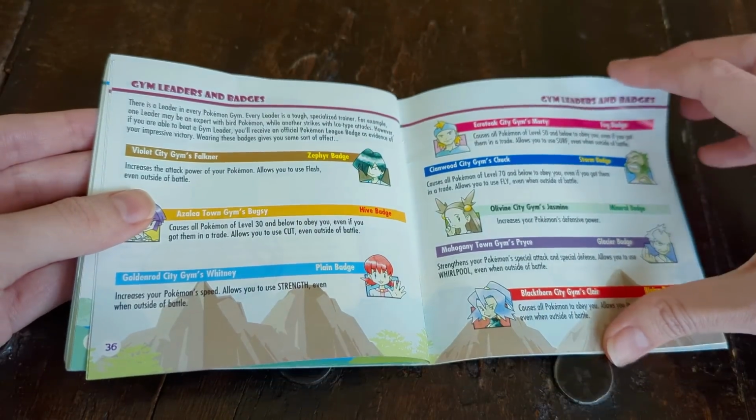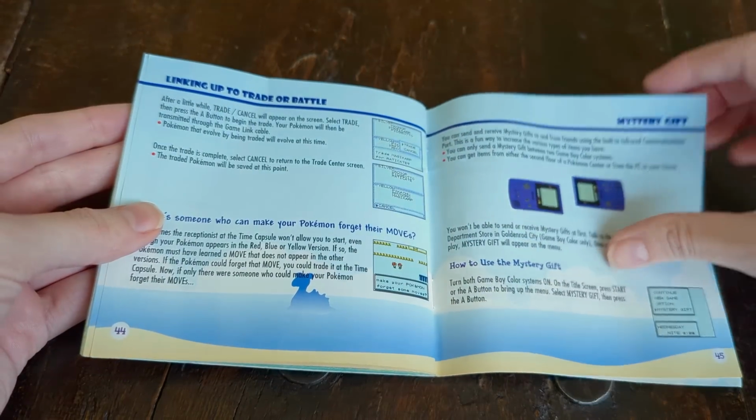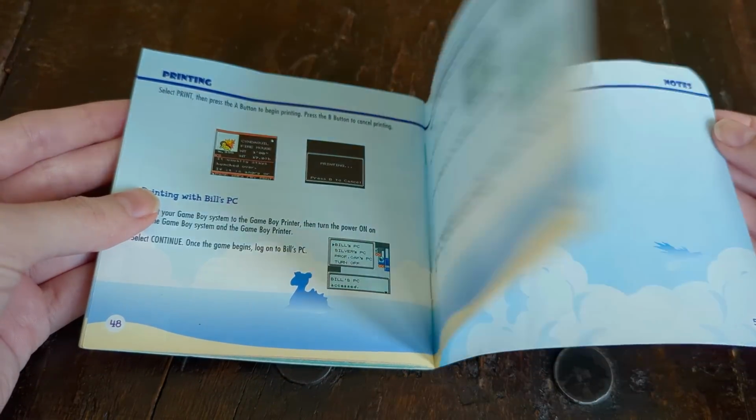But I do remember my first starter Pokemon ended up being Cyndaquil. So I definitely had a lot of save files with Cyndaquil as my starter. But my favorite Pokemon still to this day is Vulpix and Ninetales. So I often went with Totodile as my starter, just so that Vulpix and Ninetales could fill in as my fire Pokemon. The other game we had at the time was Pokemon Yellow, which I did find actually the full